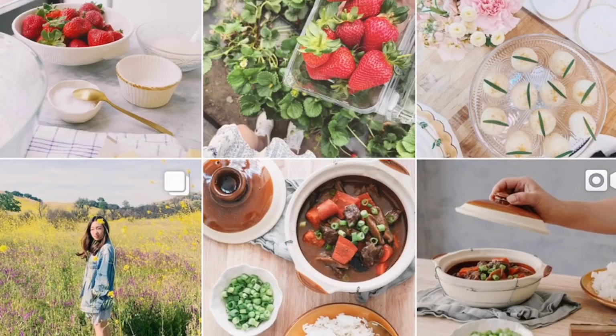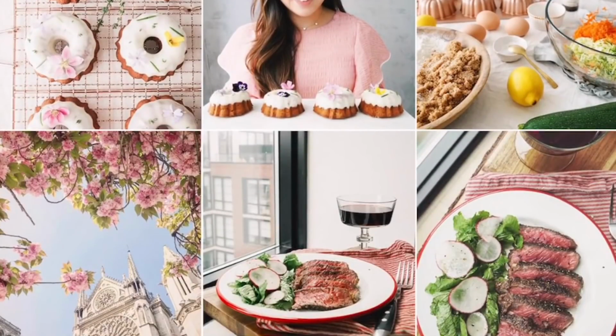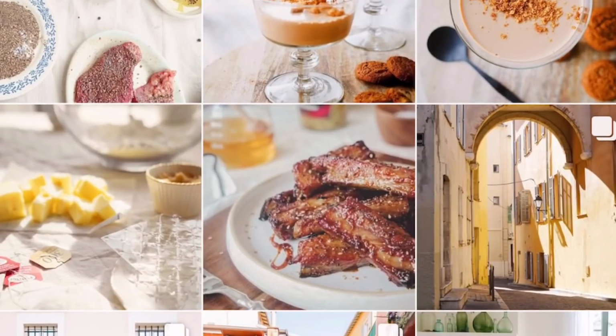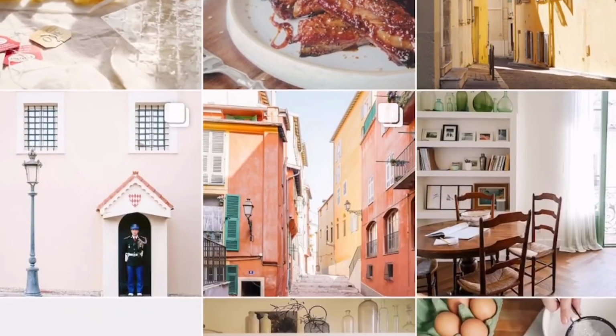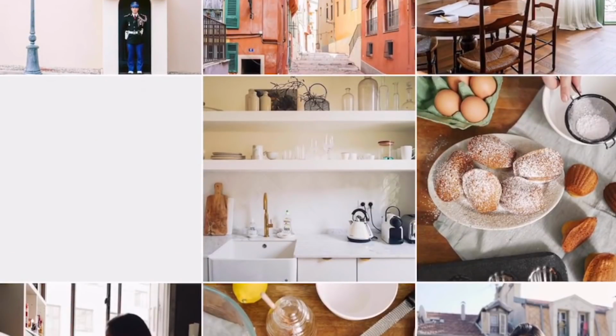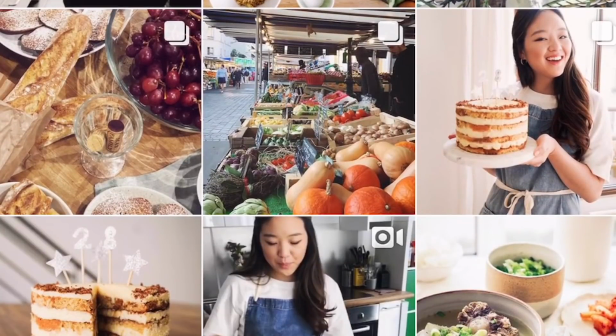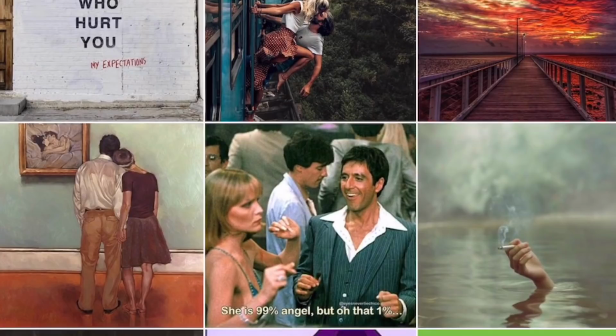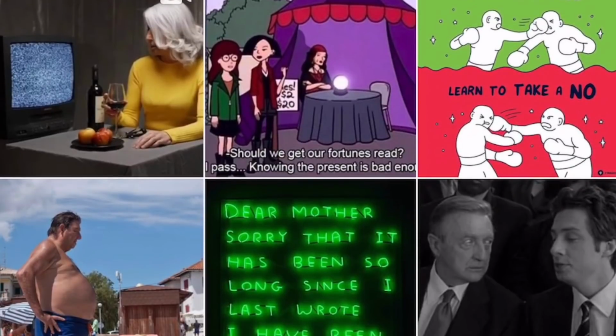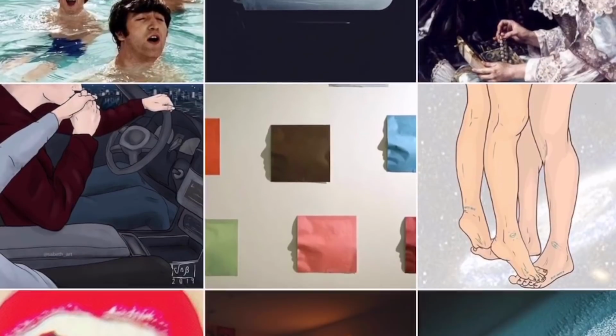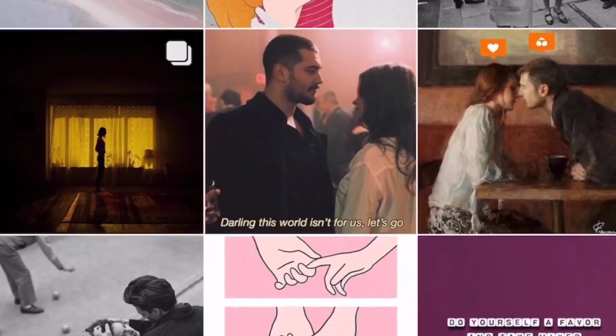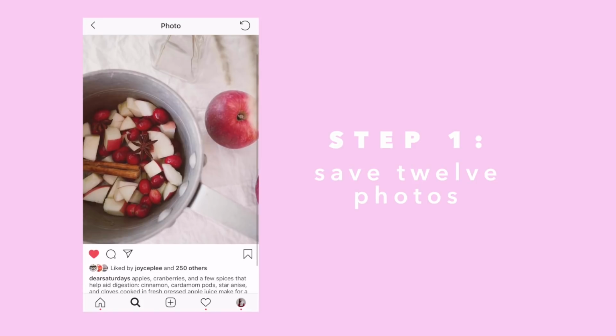For food, I want to recommend my friend Christine, Dear Saturdays. She takes beautiful photos of her recipes, her walk to the grocery market, things like that. So she has a lovely feed, and I would recommend. And I guess the last account that I will share is Pop Cultures in Pictures. It's a mix of classic photos as well as some memes. So if you're into that, definitely check out Pop Cultures in Pictures.